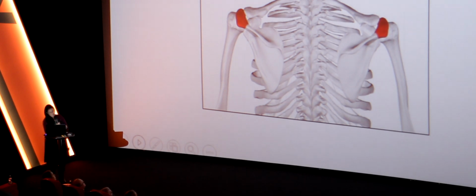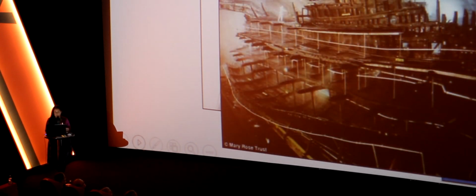These are occupational markers. The red is showing the back of your shoulder blade. And sometimes the very tip of it, you can see it in the black and white photograph there on the top left hand side, where this triangle of bone will be unfused to the rest of the scapula or the shoulder blade. This condition was noted in a lot of skeletons that were recovered from the Mary Rose,